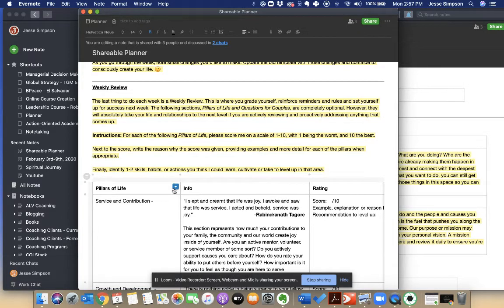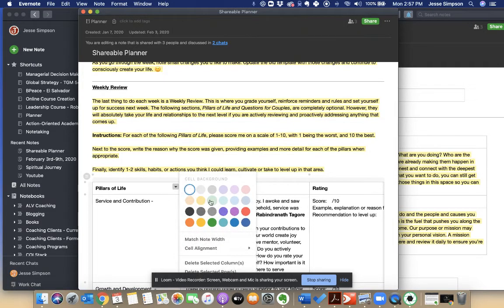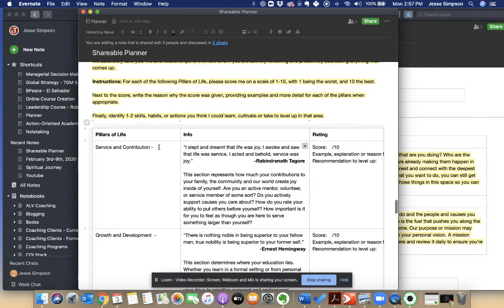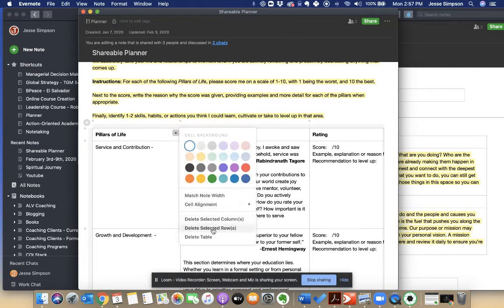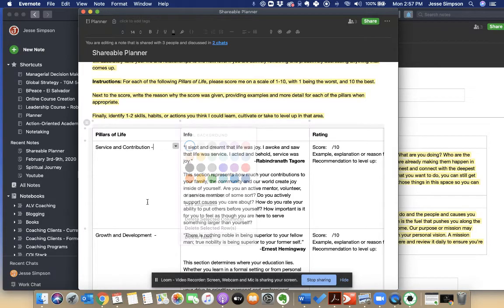Now, just as easily, you can click on this and you can delete this whole table. Okay, I don't know if you can see that or not. Let's see. Boom, delete this table. This whole thing will go away. But before you do that, I offer that you work through this process every single Sunday, and it will change your life. Because what you're doing with this process, sometimes people have called it the wheel of life,